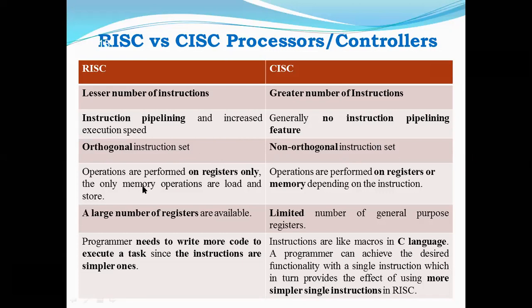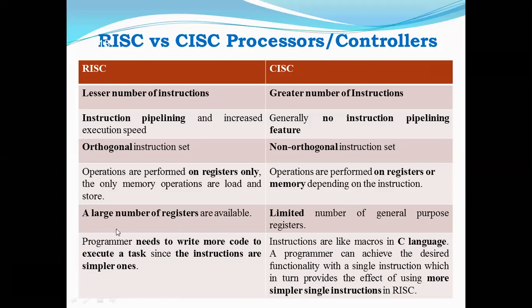So now coming to RISC, the operations are basically dependent on registers, right? Only memory operations, you know that the ARM processor is basically a load and store architecture. I cannot access the data directly from the memory. I have to use load and store. Whereas in the case of CISC, they are based on registers as well as memory. You can directly access from the memory. Suppose you are adding two numbers, you can directly access the memory. No need to first dump the data in a register. So that option is there in the CISC.